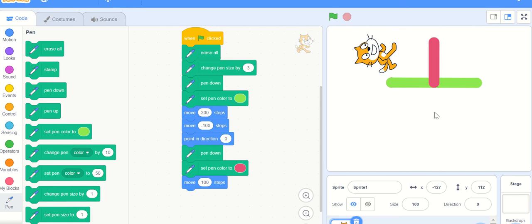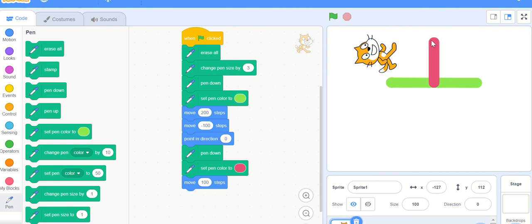Now we want to draw the same line here. The sprite is here, and to complete this plus, we have to draw the same line below this horizontal line. For this we will move our sprite 200 steps so that it makes a plus line. We have moved the 100 steps.